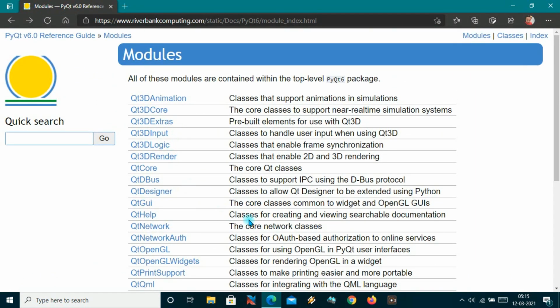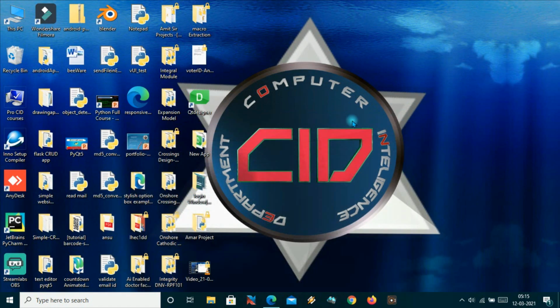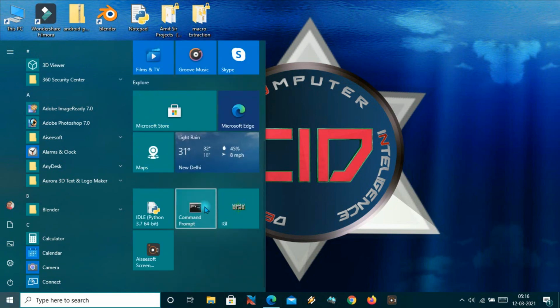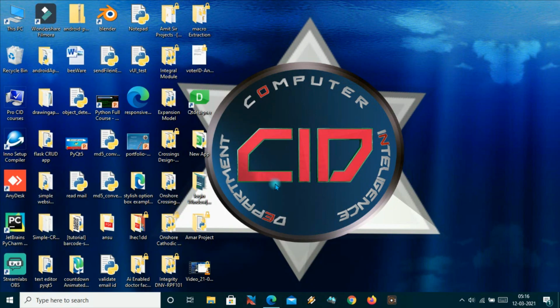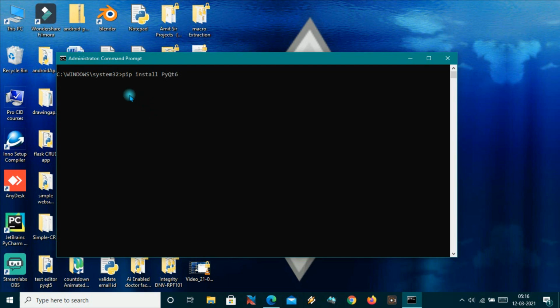So let me install it and see if it is working on my system or not. Write here the command pip install PyQt6 and hit enter.